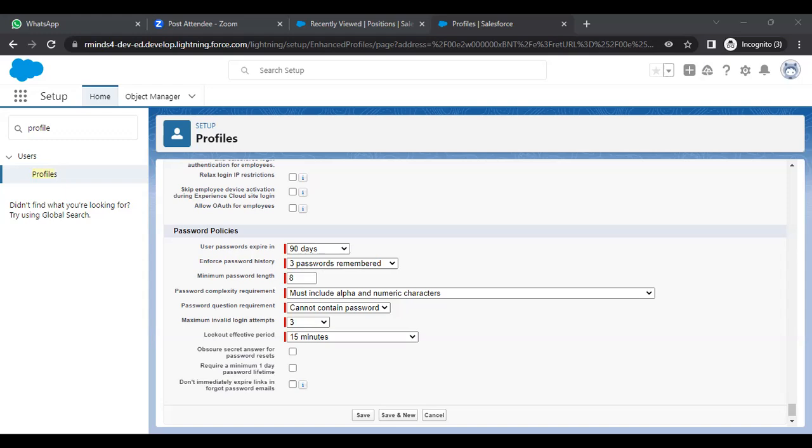And then come our Apex classes, Visualforce pages, external data sources, custom settings, and custom metadata types. All these settings we can do. We have one other important thing called login hours and login IP ranges. Let me show that. So here, if you see,